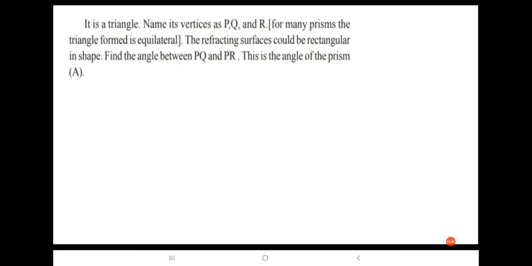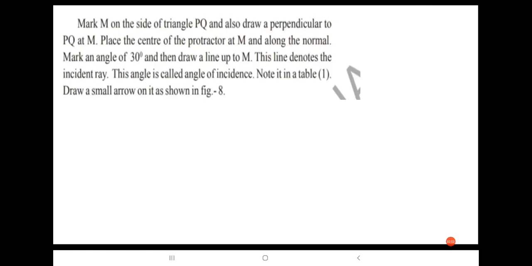So for many prisms the triangle formed is equilateral. So the refracting surfaces could be rectangular in shape. So find the angle between PQ and PR. This is the angle of the prism, that is denoted with A. Okay, so here, first of all, we have to mark M on the side of the triangle, that is PQ. Okay, so here